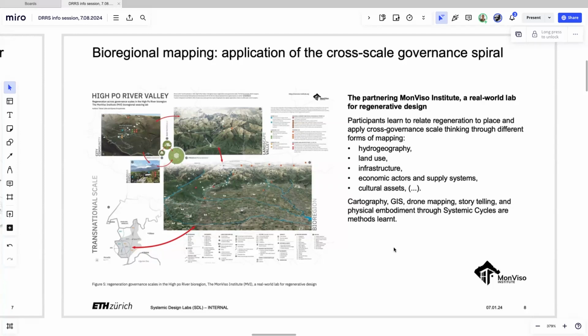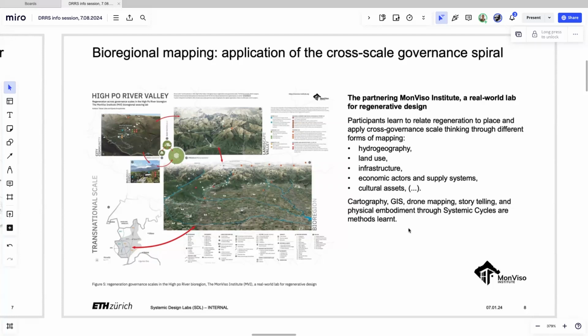Different didactics, different topics are connected with it: cartography, geographic information systems, drone mapping, point clouds, terrain models, but also warm data of experiencing such a region with a bicycle, for example, talking to people, giving space for intention, for feeling, and also for collective experiences.